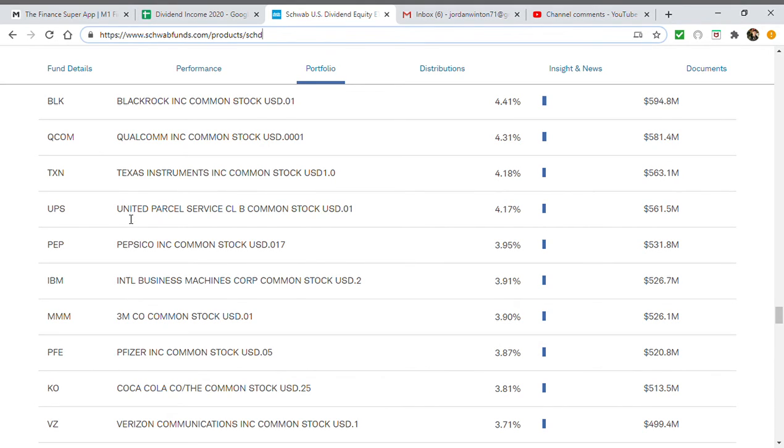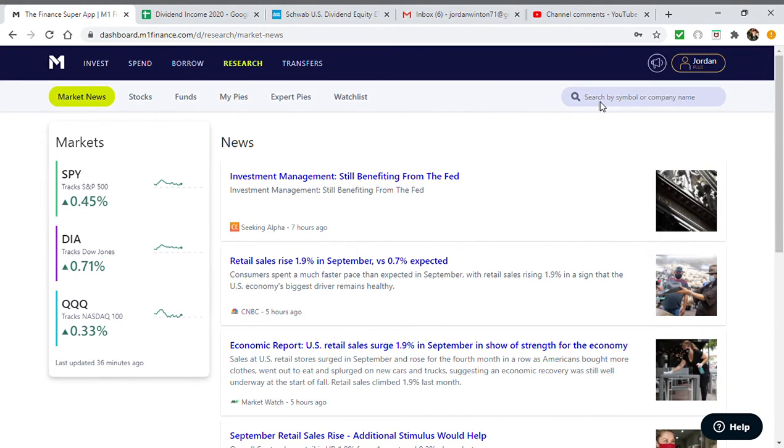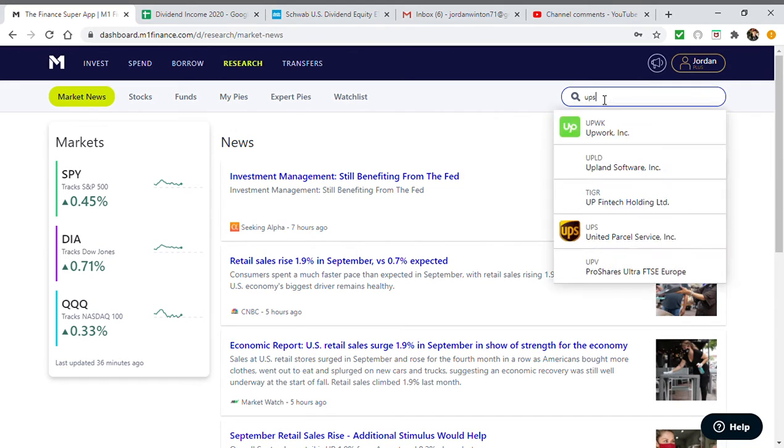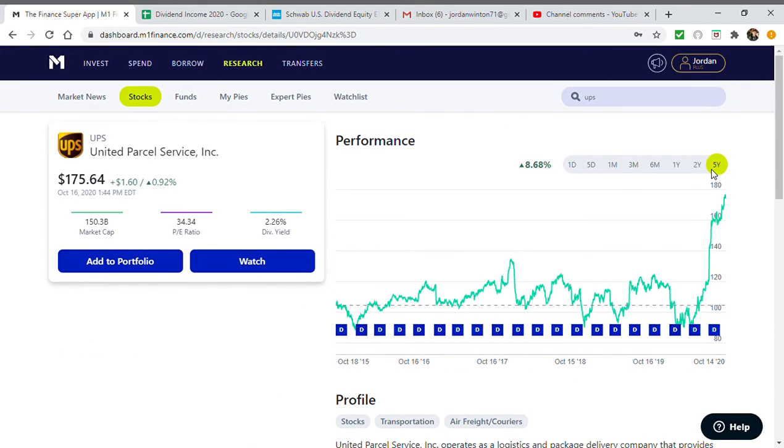And the next stock, another one that I've considered adding in the past, is UPS. Now, UPS is a delivery service. You've probably seen them before delivering packages, and they are one of the largest in the category on planet Earth. Now, the good news is, because of this recession, the shutdown has taken UPS stock to sky-high levels. No one ever could have predicted the stock would get to this price a year ago, 2 years ago. And you see that the stock 5 years ago was $104, $105 a share, and today it is at